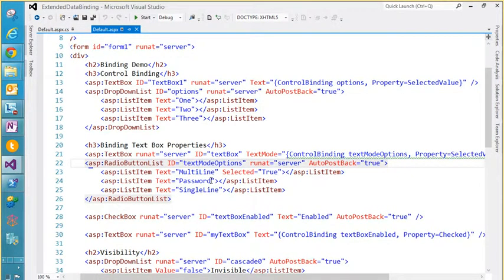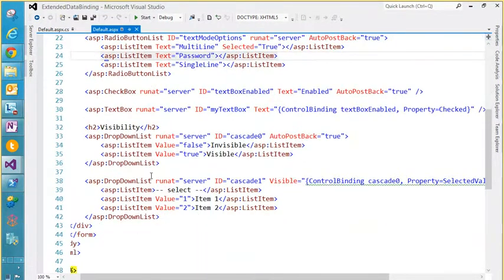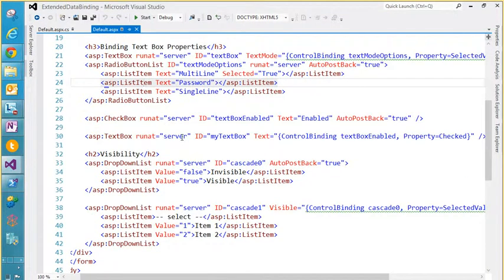And so I also have some other examples. I have a text box here, which has its text mode property, rather than its text property, being bound to a radio button list. So we're basically going to flip this text mode between multi-line, password, and single line based on the value of the radio button list. And we've got some other examples here of binding. So if I run this up,